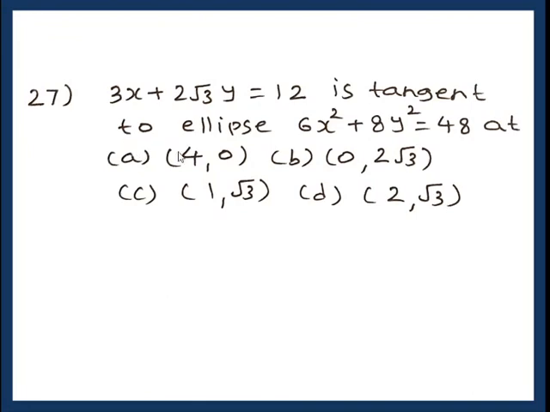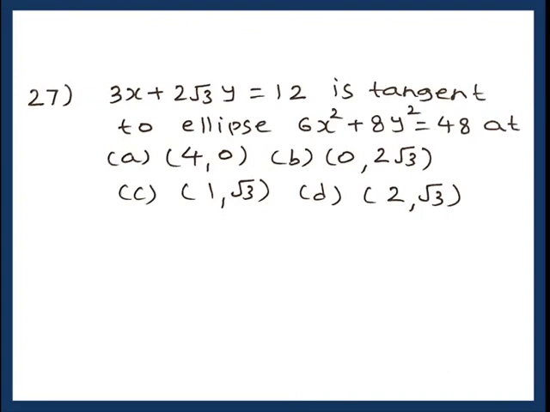Now one more sum on tangency is asked here. What I mean by the topic was not there is, see, there are four types which are covered in tangency. The first is equation of tangent to the conic, say parabola, at a point on the parabola. Then we find the condition that line y equal to mx plus c is tangent to the parabola. That is, we obtain equation of tangent in terms of slope m.